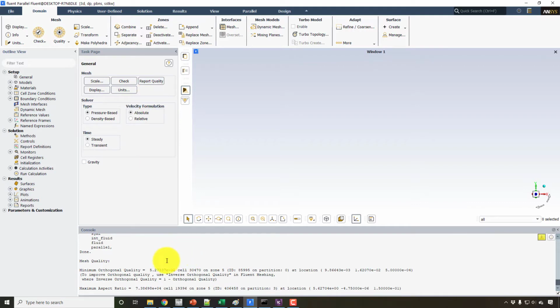And now the reported quality of 0.05 is perfectly fine here. So now we are in a position to run the CFD simulation on this mesh with the y plus value appropriate on the wall and on the two sides of the domain, which is symmetrical, so there is no need to have a very fine mesh because the symmetric condition does not require any boundary layer to be developed here. So now we will proceed with the Fluent simulation with the boundary conditions and everything inside Fluent.